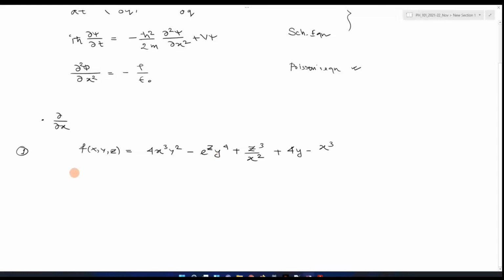So we are supposed to find the partial derivative with respect to x. The symbol you can write as f with x as a subscript, and this you can write as del f by del x. It means except for the variable x, all other variables you can take as constant. y and z you can keep as constant. You have to differentiate f with respect to x.